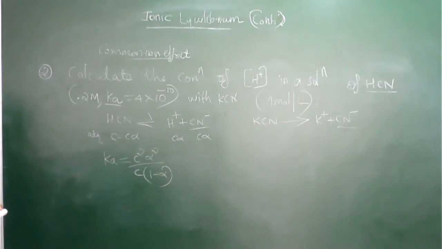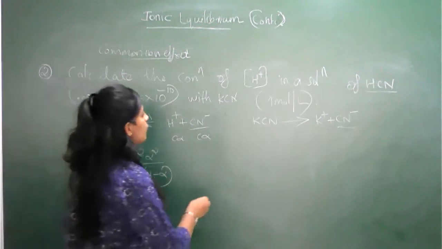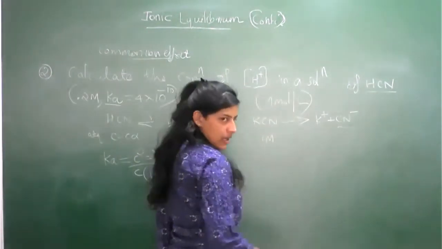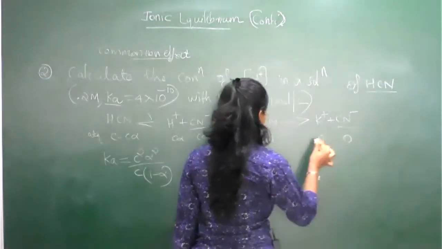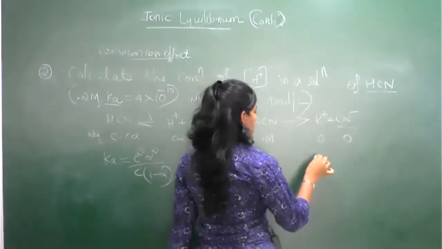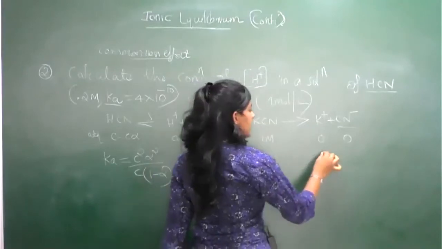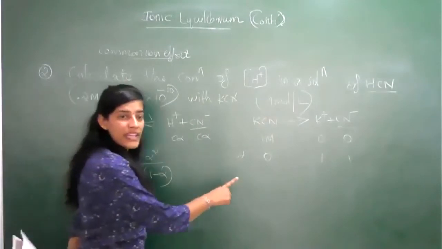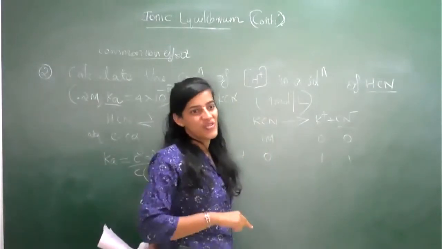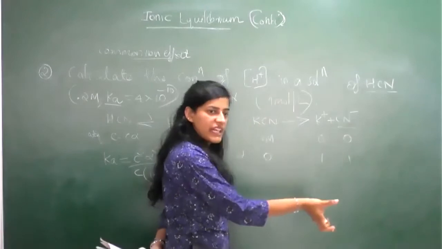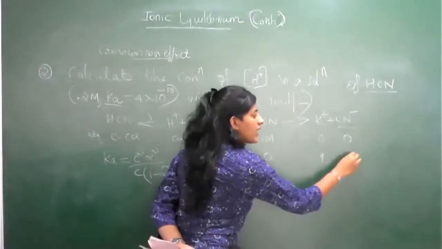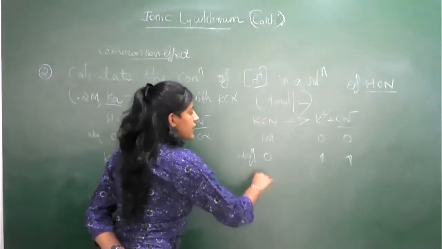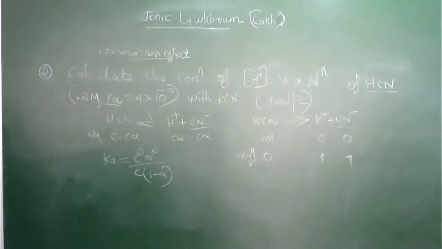Now here, how, they provide 1 molar, no? 1 molar initially, here 0, 0, and at equilibrium here it becomes 1, 1 each, right? In the product condition. Why am I putting 0 here? Because it is completely dissociated, so definitely it is converted completely into product. That's why it becomes 1, 1 each. So at equilibrium, this is the condition, students. Okay, then think about that.